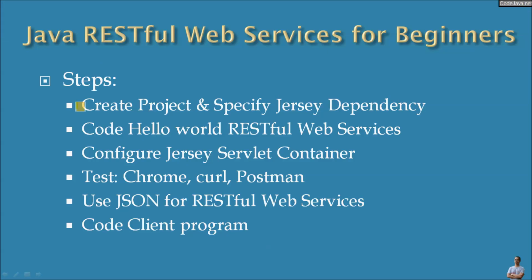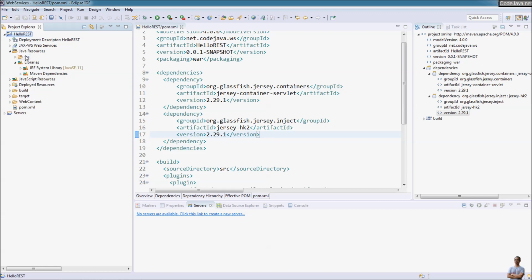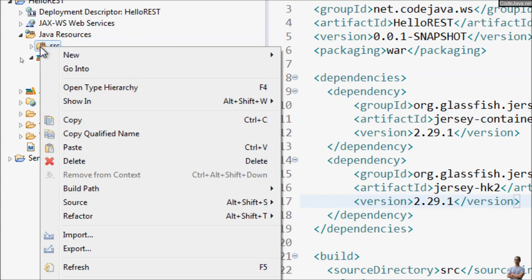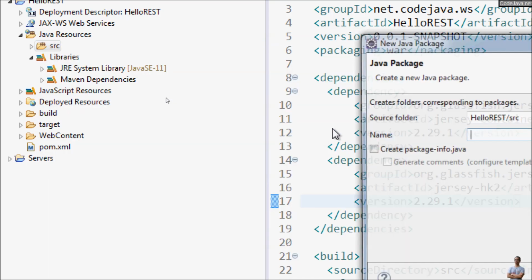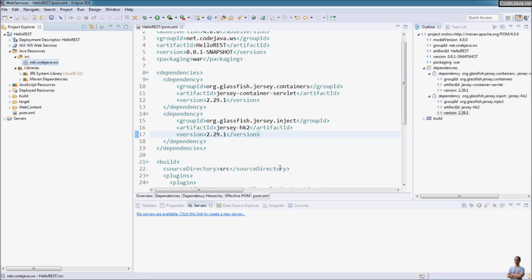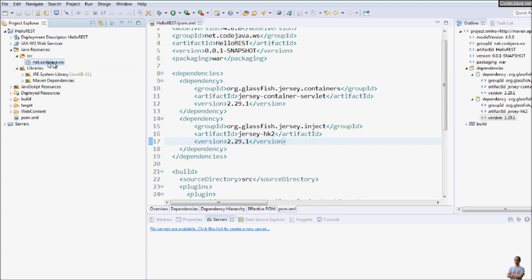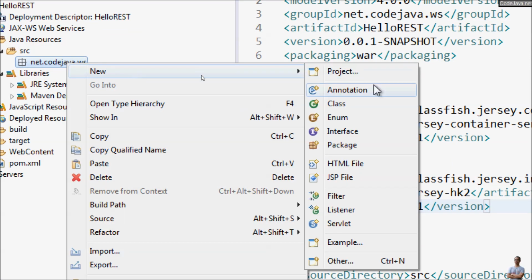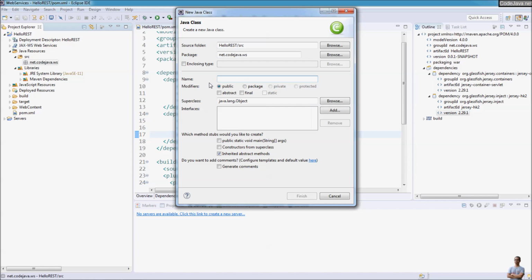So far we have created a project and specified Jersey dependency, and now let's code our first Hello World RESTful Web Services class. Create a new Java package here under the source folder. Enter the package name as net.codejava.ws. Finish. Okay, and create a new Java class here. Class, and enter the class name as